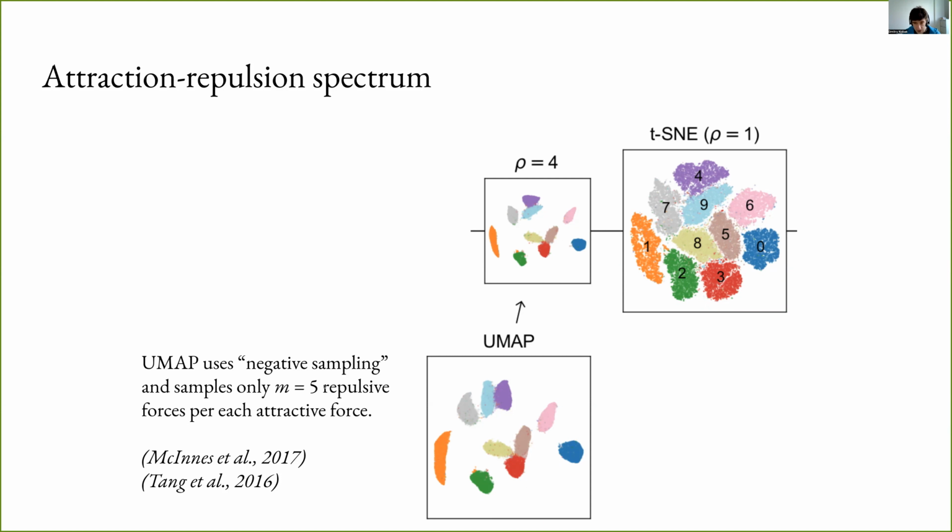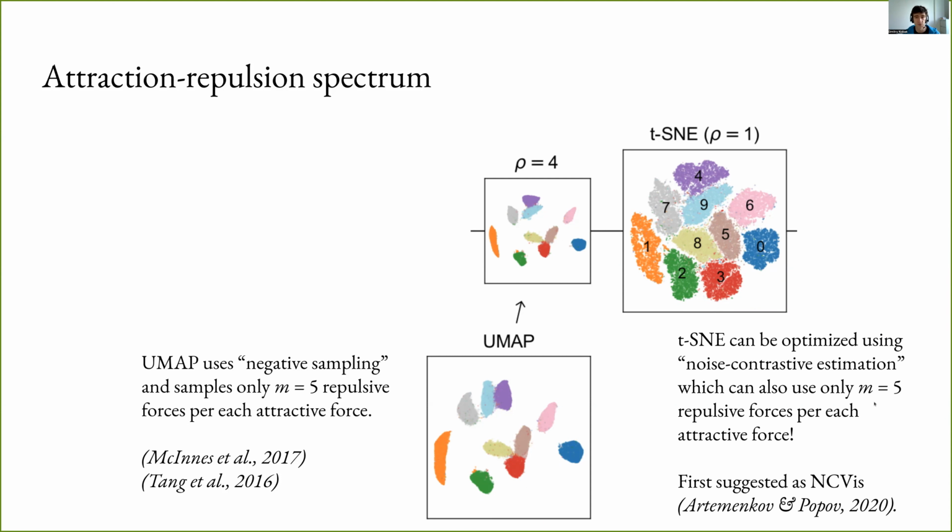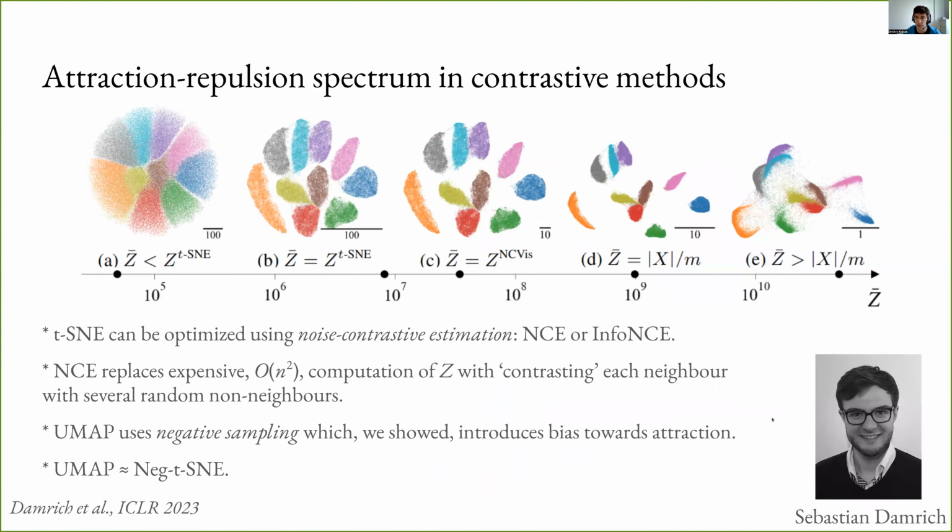We later realized that actually t-SNE can also be optimized using this sampling technique, where you only sample 5 repulsive forces on each iteration per each attractive force. And this was recently suggested. One can do that by using something called noise contrastive estimation. This left us very puzzled, after this paper was published, about what then is the difference? And this was, I think, very nicely explained by Sebastian